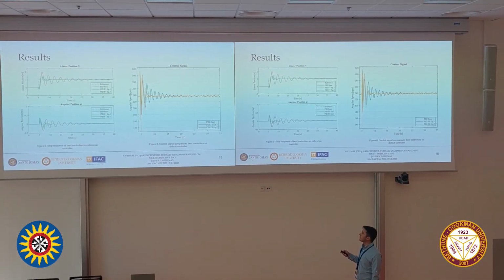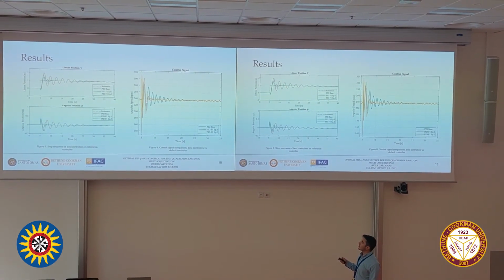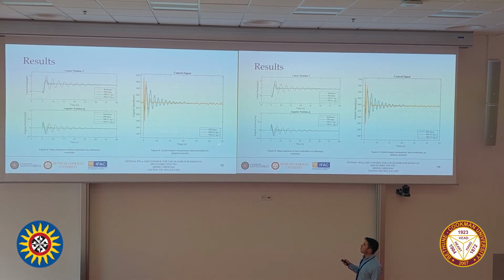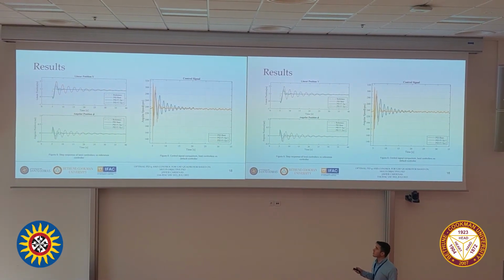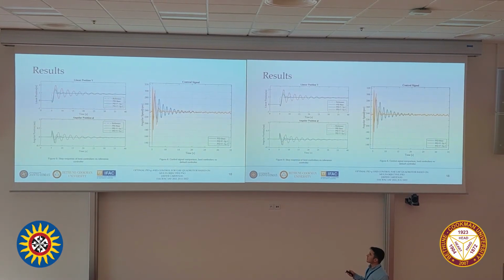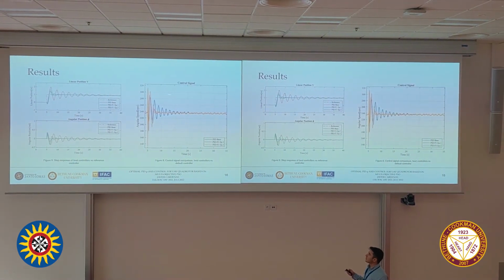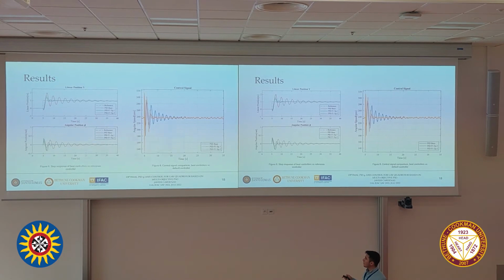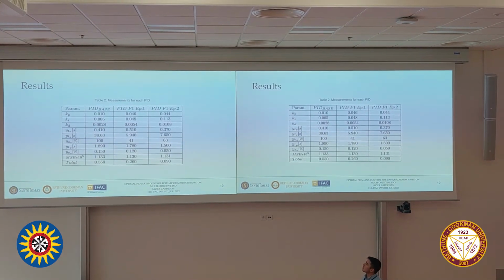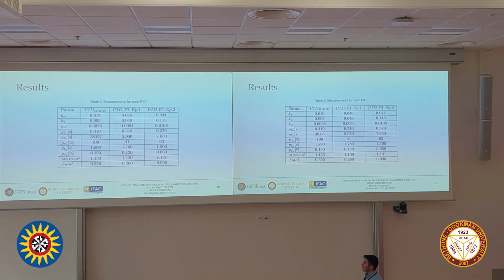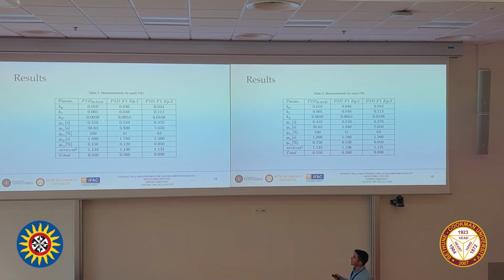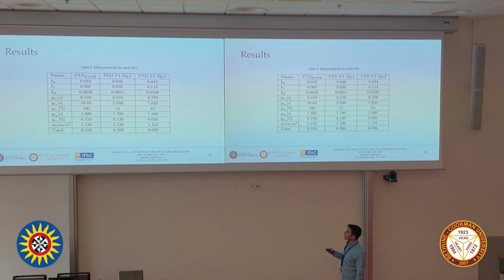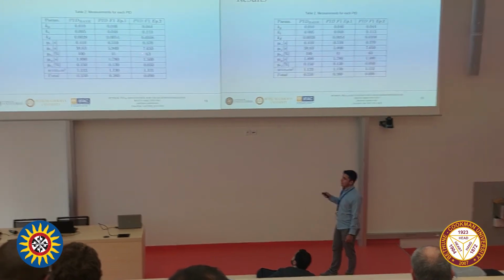If we compare the control signal, we can notice that the two controllers that we chose based on our cost functions were with less control effort. So in terms of numbers, the PID that we tuned was